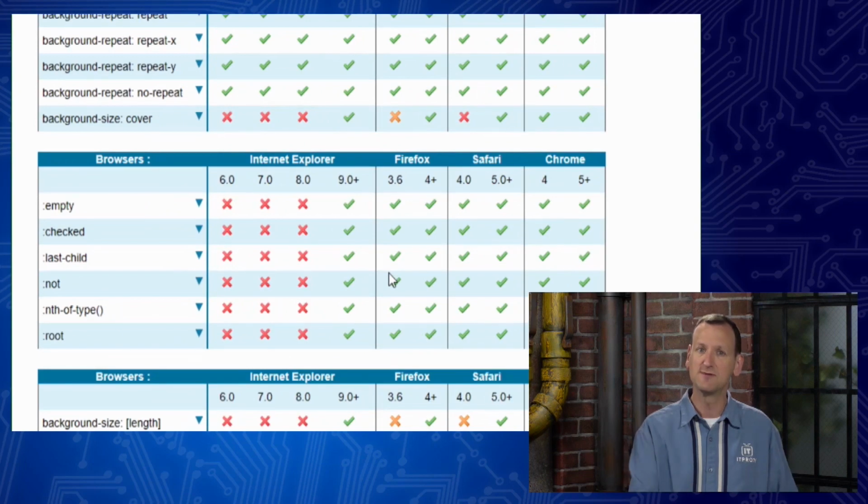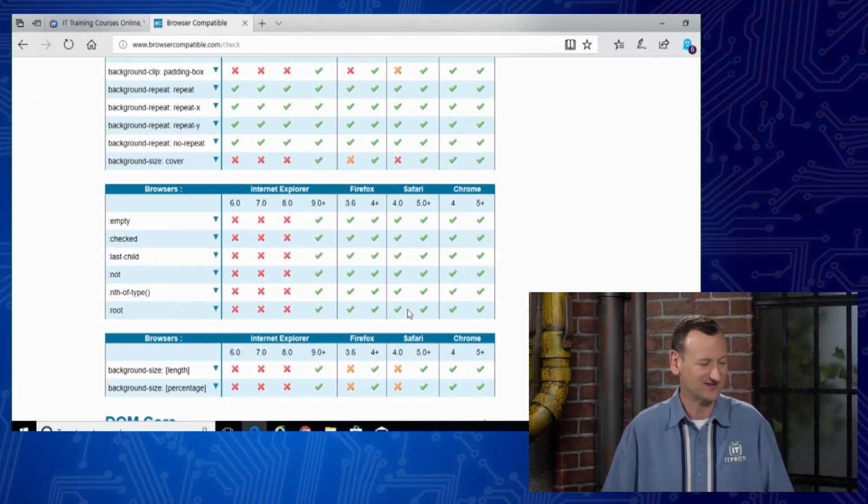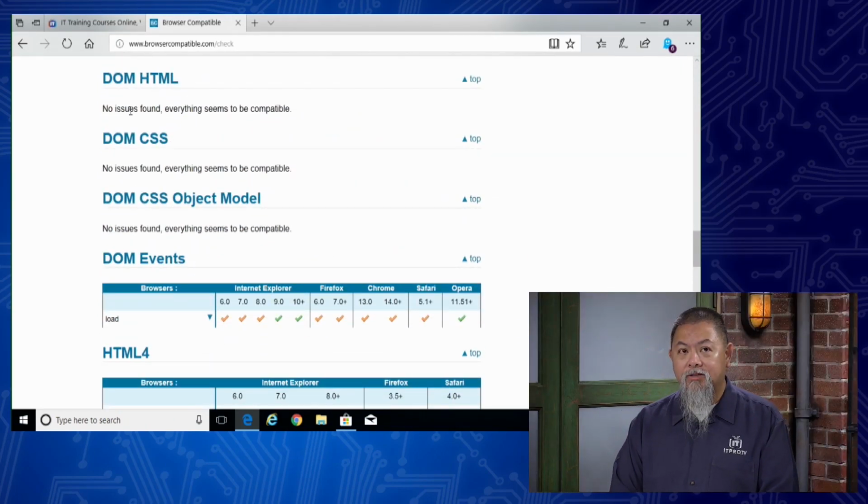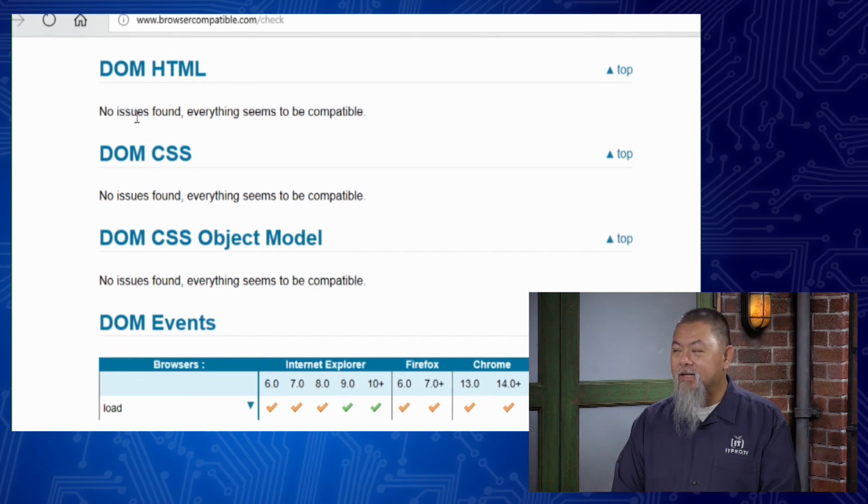And that's okay, because most people should be running IE11, right? That's the area where you have to keep in mind. And so this is just a great report, right? It allows us to see a lot. I don't know if it's been updated recently, since it says 9+, which I assume is a little bit dated at this point. But overall, though, we can see some of the things.